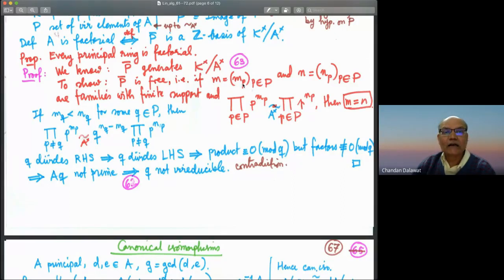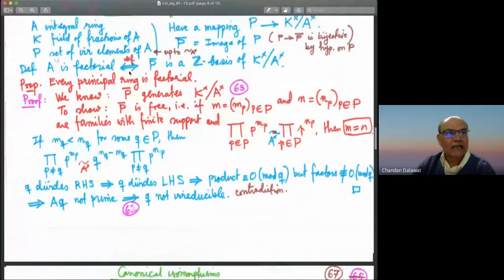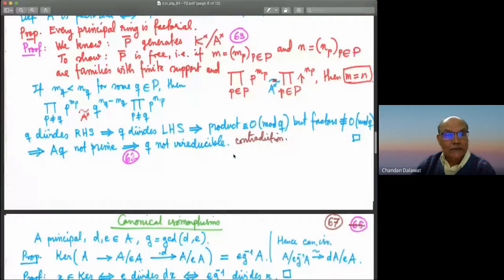two families of natural numbers, MP and NP, indexed by P's in this capital P, which is my set of representatives of irreducible elements, and these two families have finite support, meaning all but finitely many elements are equal to 0, then I can take